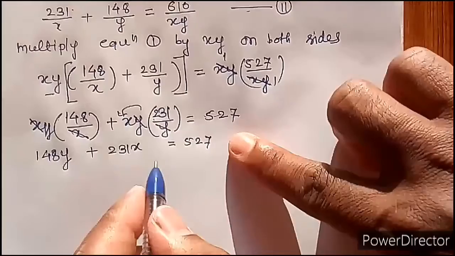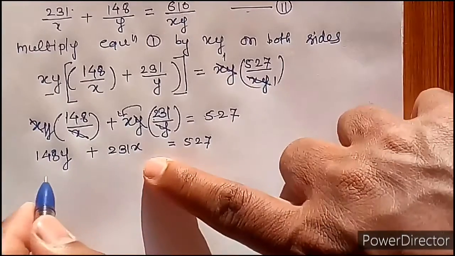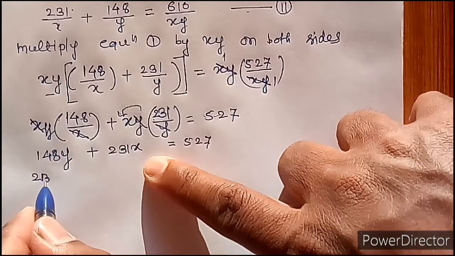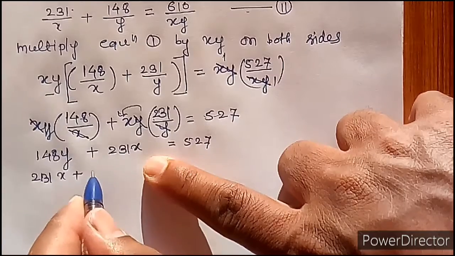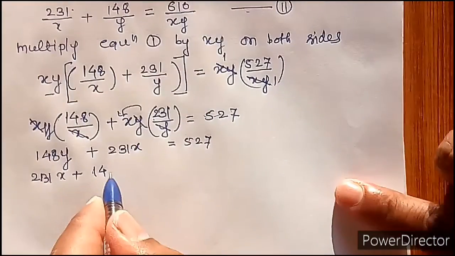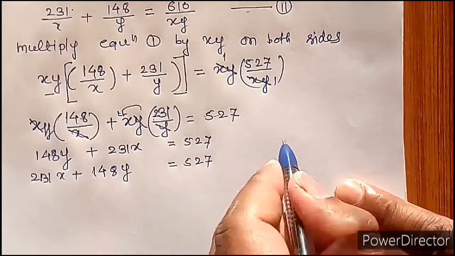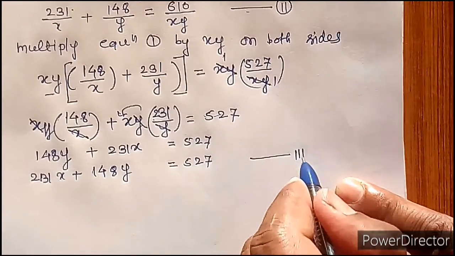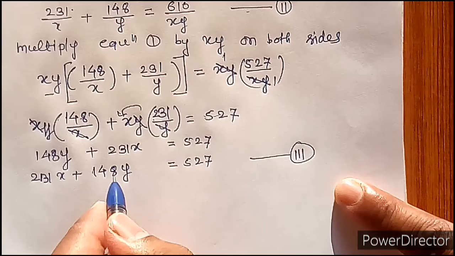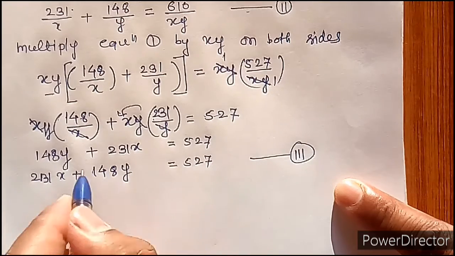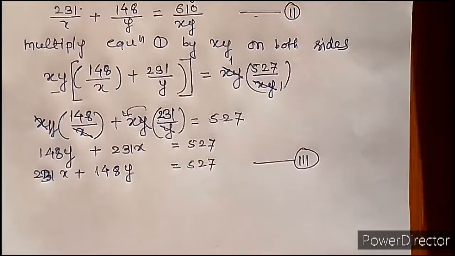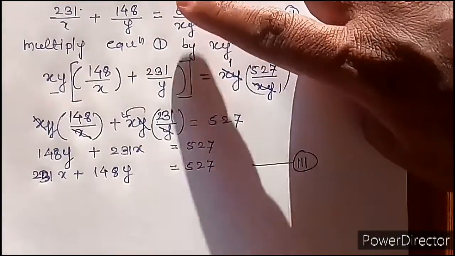Now arrange this equation properly, that is we are writing 231x plus 148y equals 527. Now give it equation number 3. This equation and this equation are both the same, we have just rearranged it. And write down equation number 2, that is this equation,